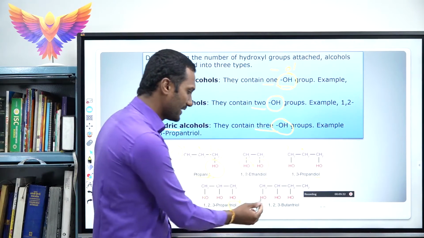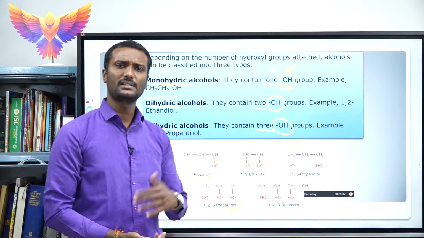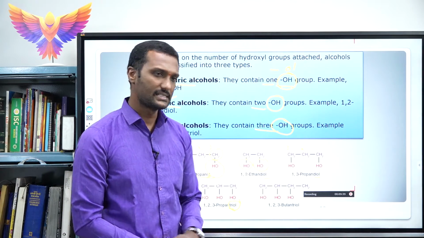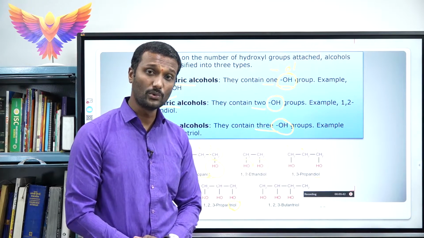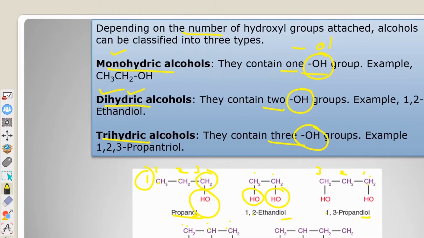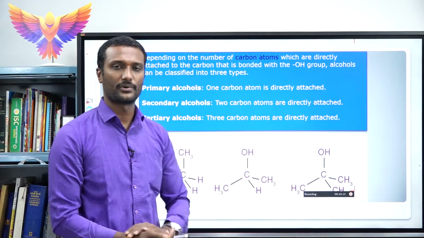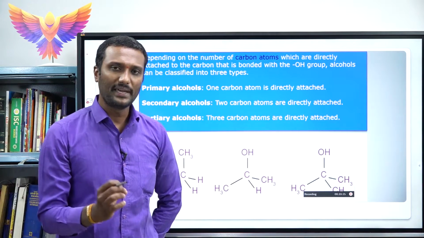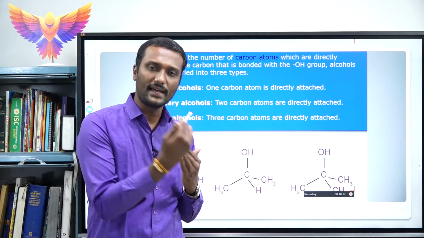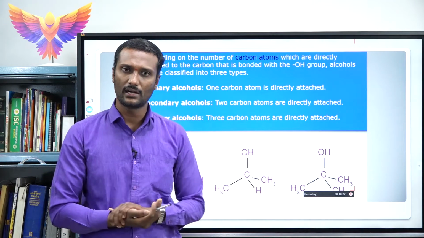The same way here also, we have taken a greater number of carbon atoms, like butane, the 4 carbon atoms, but 3 OH groups are attached, right? Hence it is said to be 1,2,3-butane triol. So in this way, on the basis of the number of OH groups attached to the carbon atoms, alcohols are classified as mono, di and trihydric alcohols. Yes students, now we understood that on the basis of the number of OH groups attached to the carbon atom, it is classified as mono, dihydric and trihydric alcohol.